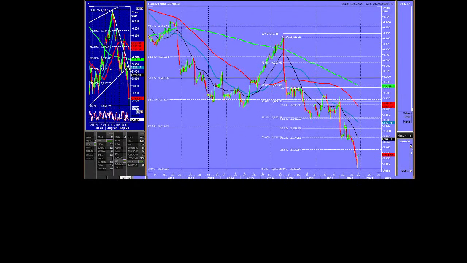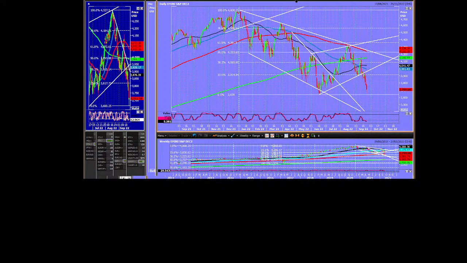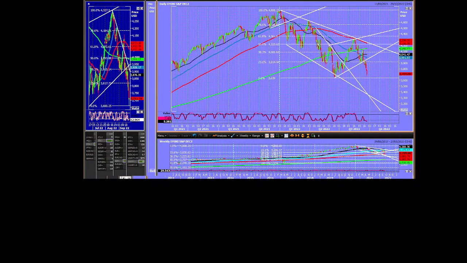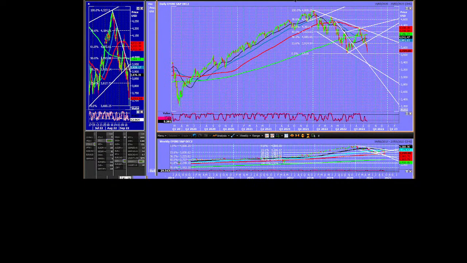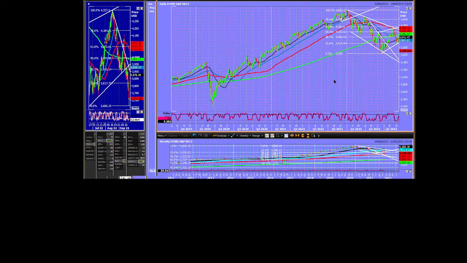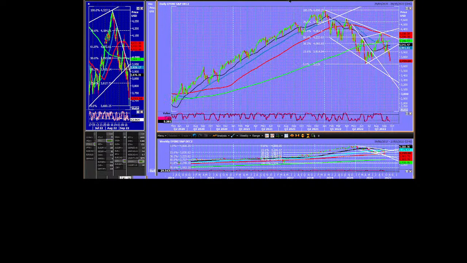On the daily S&P, do you see a possible cup and handle? Are you talking about a reversal cup and handle? Or are you talking about the right way up? Because I don't see one the right way up. No, that's not a cup and handle if that's what you mean. But if you're talking about a reverse cup and handle, which, yeah, inverted, okay, that's pretty clever. Yeah, well spotted. Yeah, I do. And I'm not very good at spotting those things, but I think you could well be right.